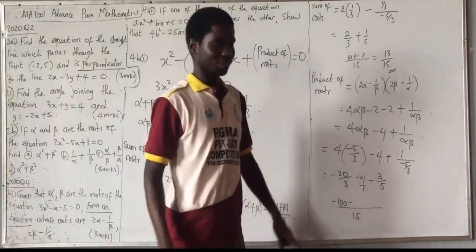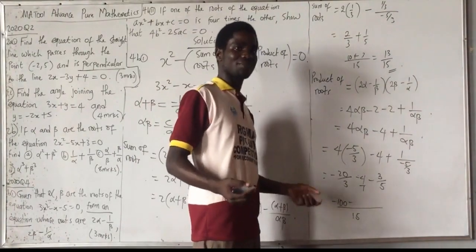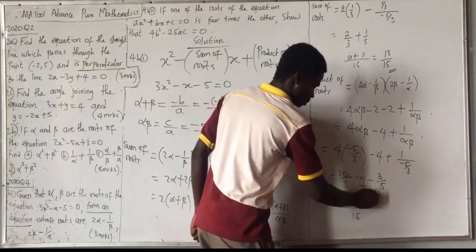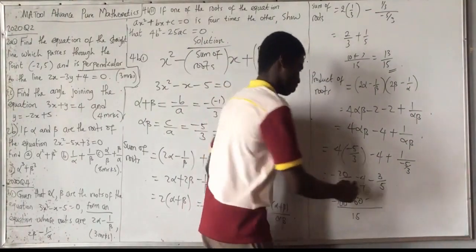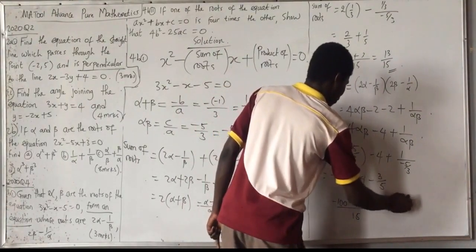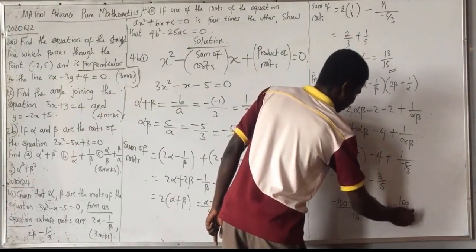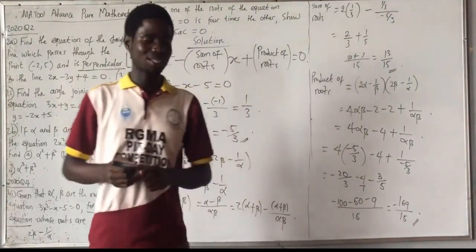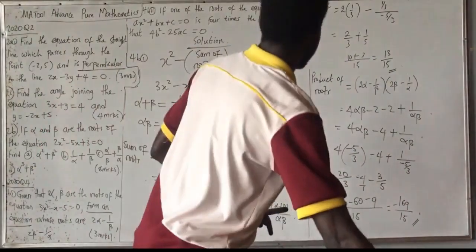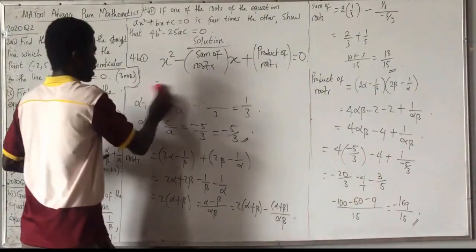15 divided by 1, 15 times 4. 15 times 4, 60. Minus 15 divided by 5, 3 times 3, 9. So the answer will be minus 169 over 15. So the answer is minus 169 over 15. So that is a product of roots. So the final answer will now be